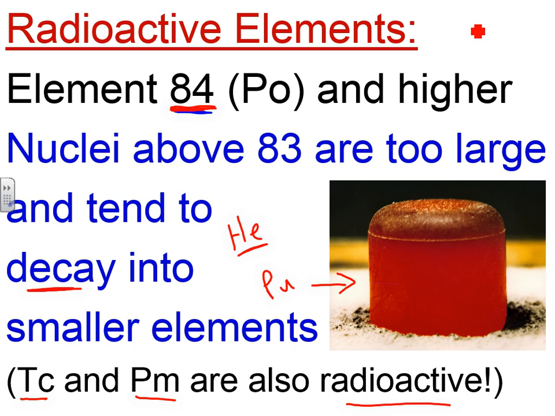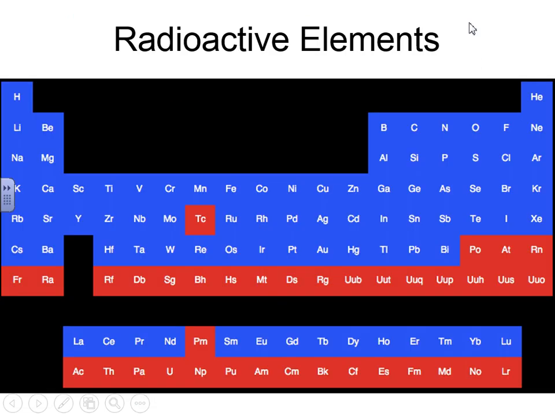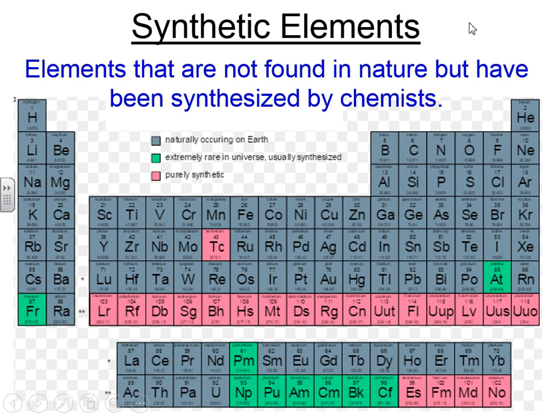And here they are. You can actually see both technetium and promethium are red because they're radioactive, but everything else is technically after polonium. All the rest of these are radioactive. And then we have what are called synthetic elements. Now, a bunch of these are radioactive, but you can find them in nature. The rest of these are synthetic, and scientists, chemists, have synthesized them in the laboratory from doing essentially nuclear chemistry experiments. So here they are.